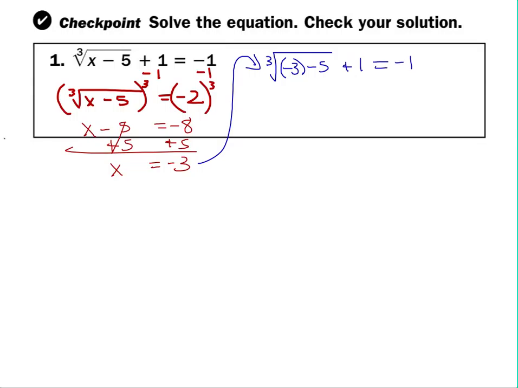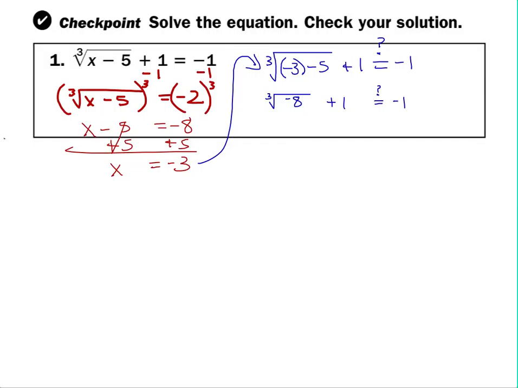equals negative 1. And one thing that people may have done when you were originally learning to solve equations is put a question mark above the equal sign. If you think that's just a ridiculous sign that's insulting, then I'm sorry to insult you, but you don't need the question mark. But the idea is like, hey, is that really negative 1? Who knows? Hey, let's find out. Okay. So the cube root of this is really negative 8, plus 1 equals, and maybe you put the maybe there,